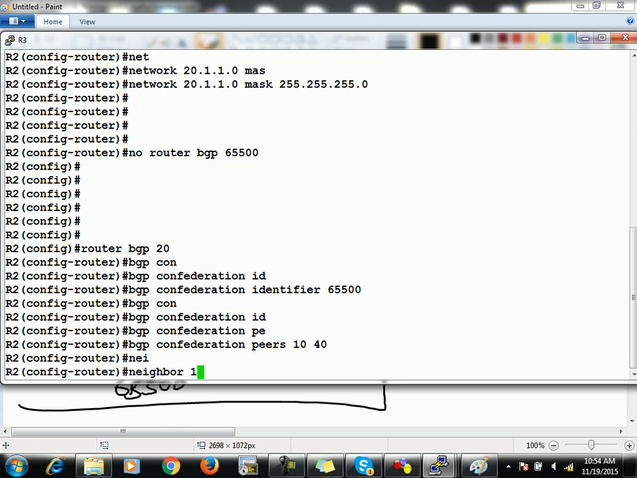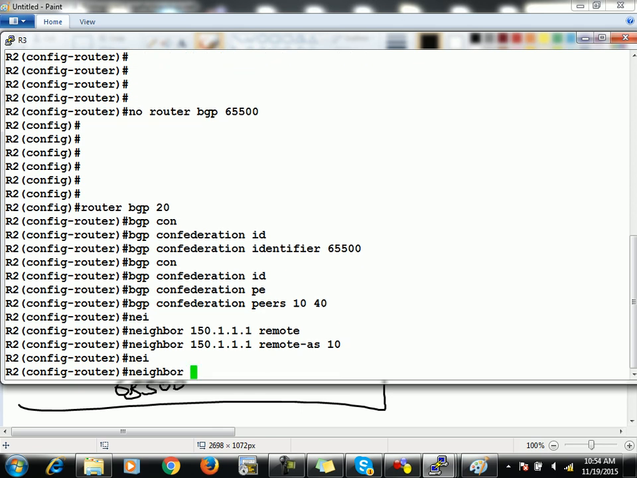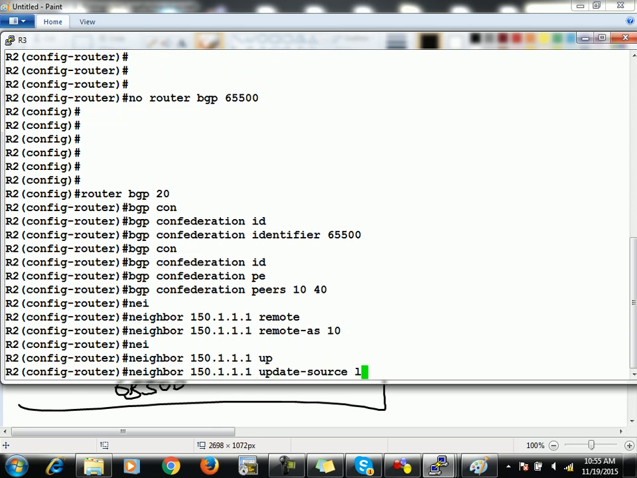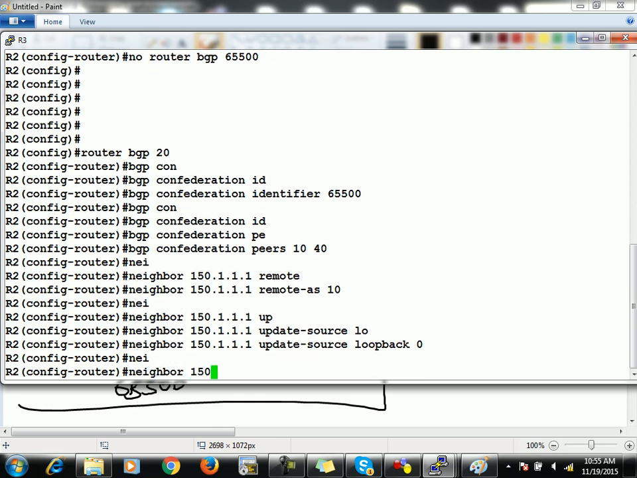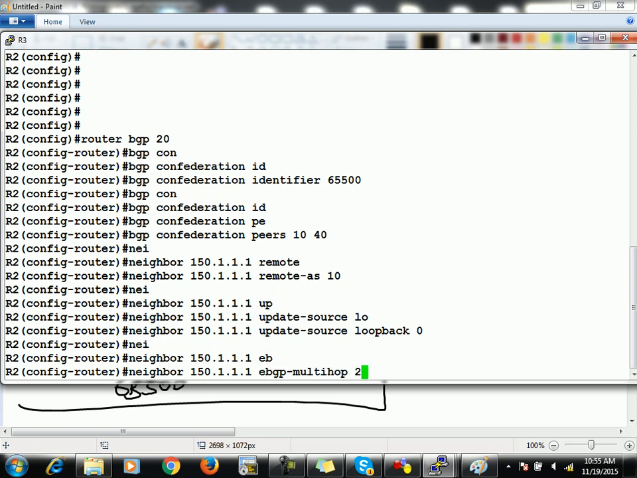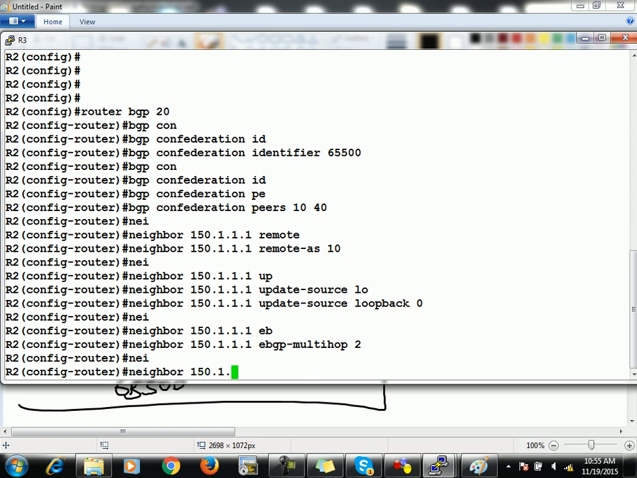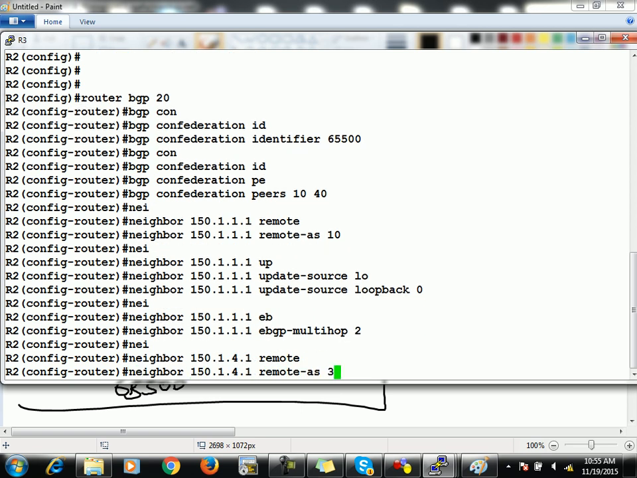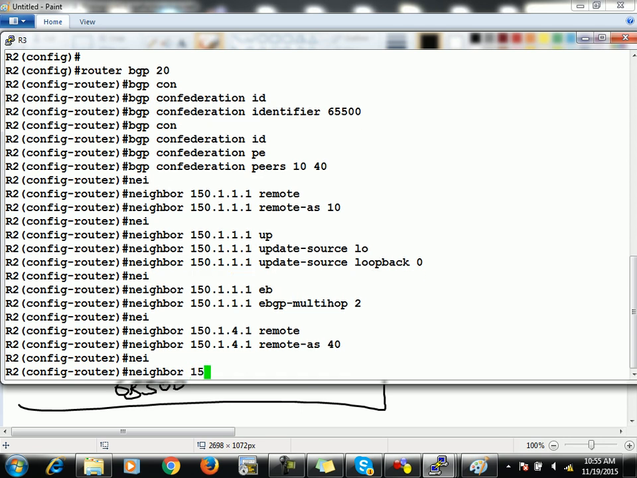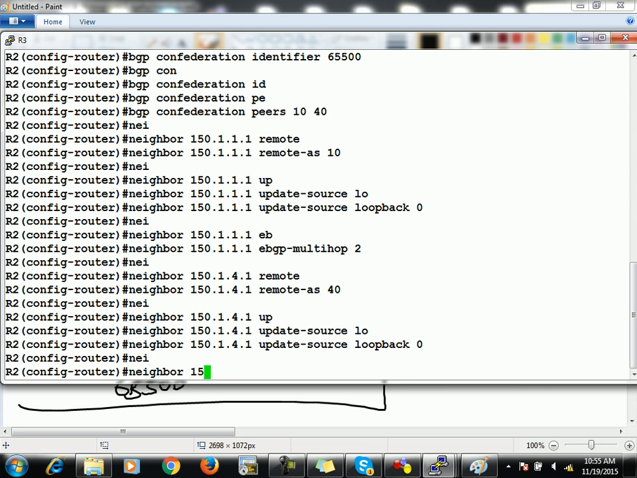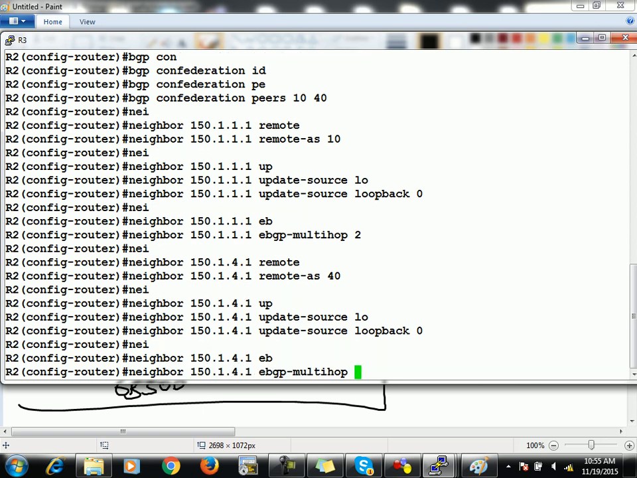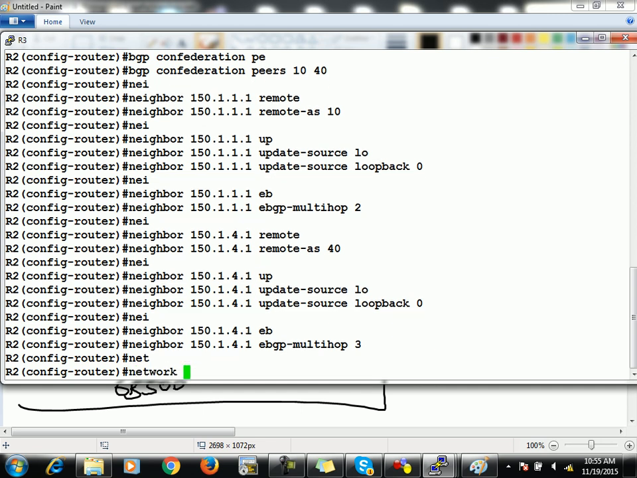Say neighbor 150.1.1.1 remote AS is 10. Neighbor update source loopback 0. Neighbor EBGP multi-hop 2. Neighbor 150.1.4.1 remote AS is going to be 40. Neighbor 150.1.4.1 update source is loopback 0. Neighbor 150.1.4.1 EBGP multi-hop 3. Network 20.1.0 mask is going to be